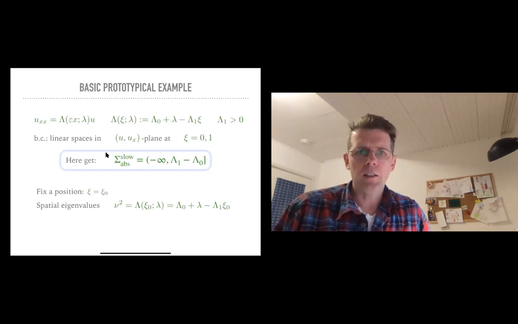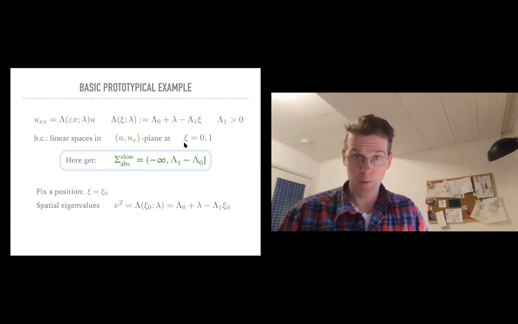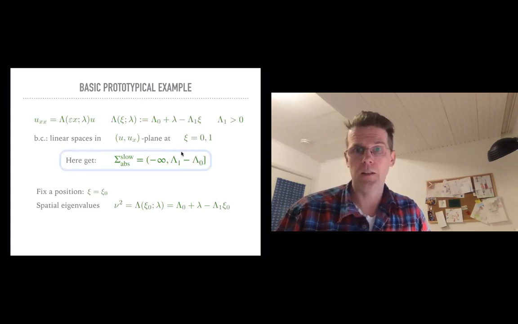Then it turns out, and I'll explain how, that the slow absolute spectrum we get is a semi-infinite interval again, like in the previous Sturm-Liouville example, where the right endpoint is not surprisingly related to lambda 0, because as I said, lambda 0 will just shift the spectrum, and also includes here this lambda 1. Lambda 1 now with the coefficient that we don't see here, it's 1, which comes from the fact that it's the most unstable when psi is equal to 1. How does this come about?